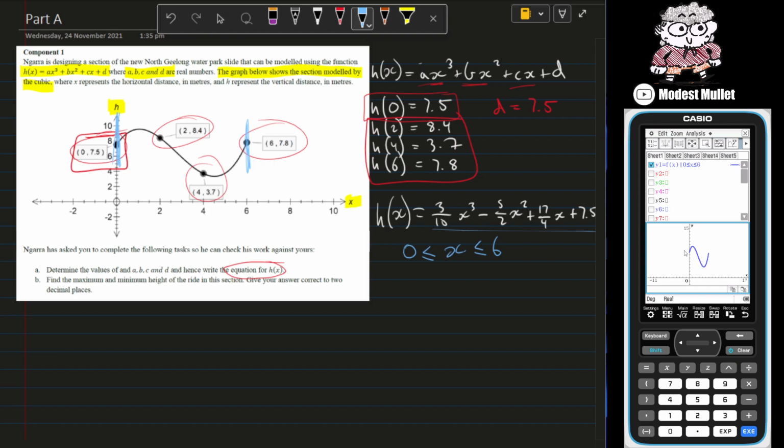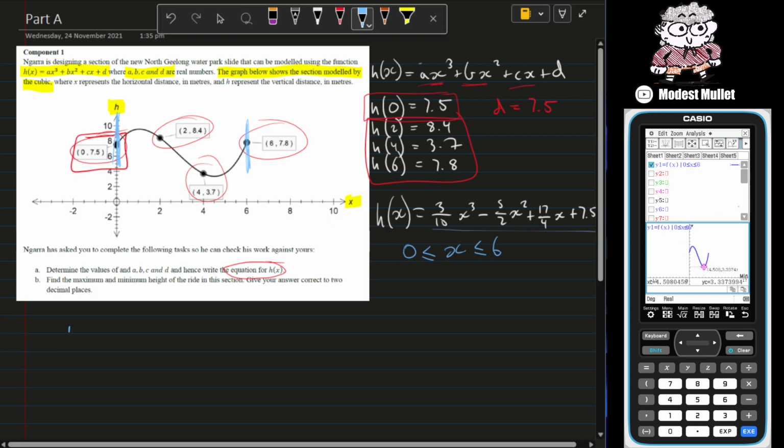But we're now dealing with the right thing. So from here, we can find where the minimum and maximum are using analysis. We can go into analysis, G-solve, and we want the min or the max, or f-min, f-max. So if we go the min, it finds that the minimum is there. So the min is at